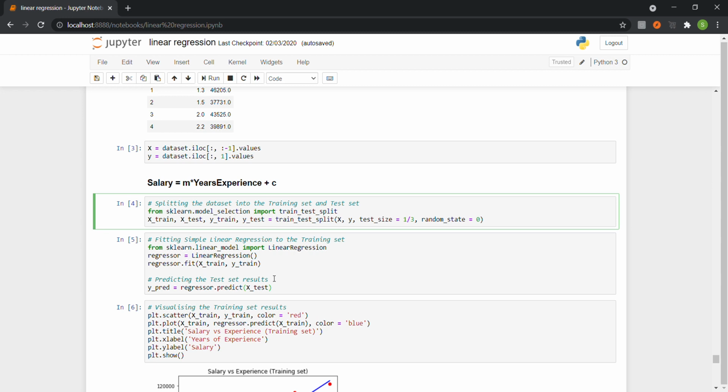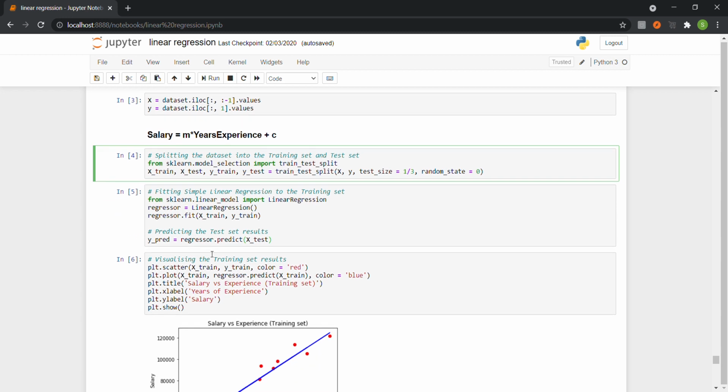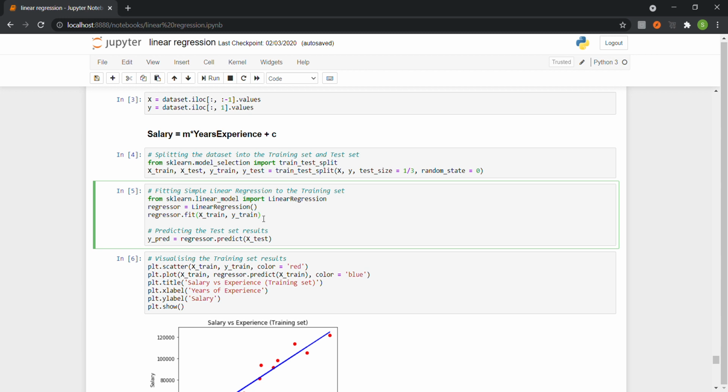Okay, so here we have imported the library LinearRegression from sklearn, and here we have used xtrain and ytrain values for fitting purpose, and we have found the predictions of xtest with the variable ypred. Here it can be seen.